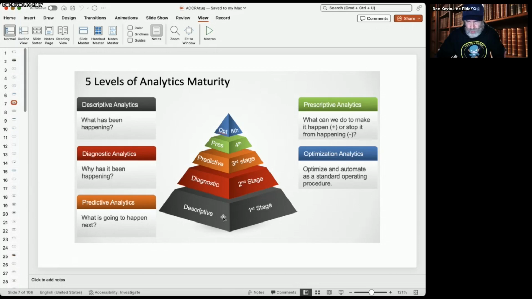And so if you just want to look at orders or customers or products and see what's been happening, well, that's just descriptive analytics, and it's the first stage. We can't do anything until we know what's been happening. Then we can go to that second level and try and figure out, well, why has this been happening? Why are these products selling and these products not selling? Why are these customers buying a lot and these customers are not buying a lot? And so you can go to that second stage only after you've completed the first stage.